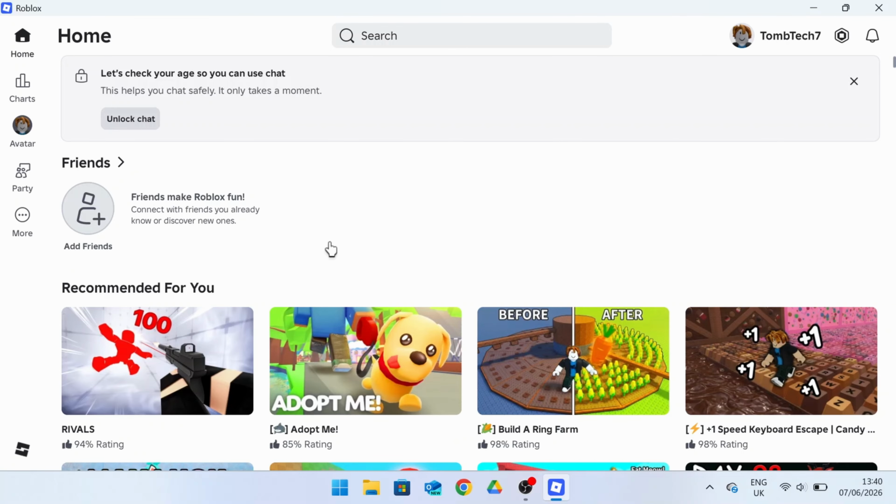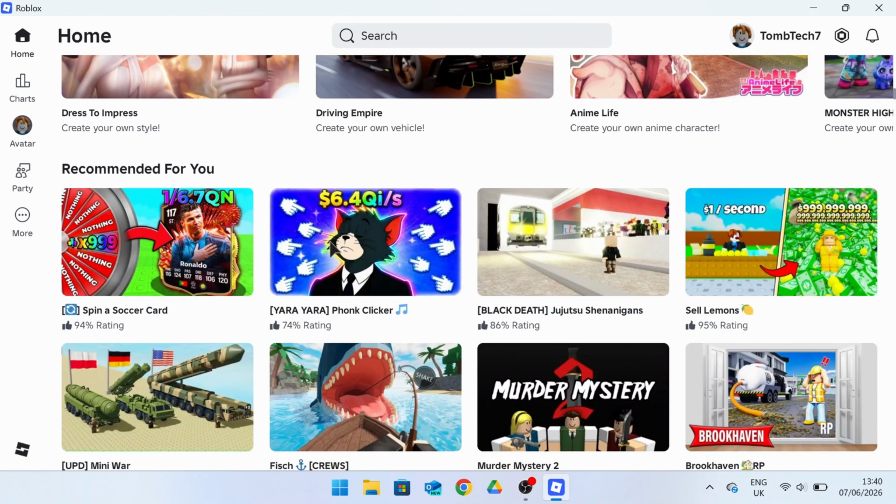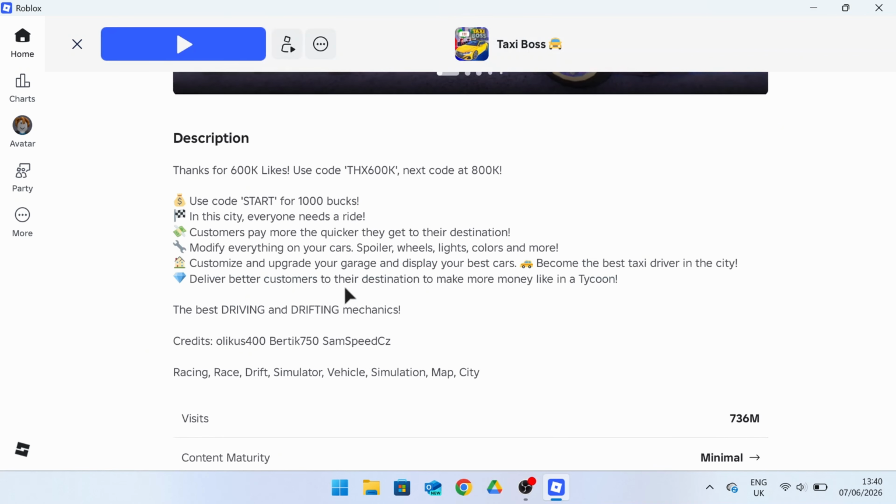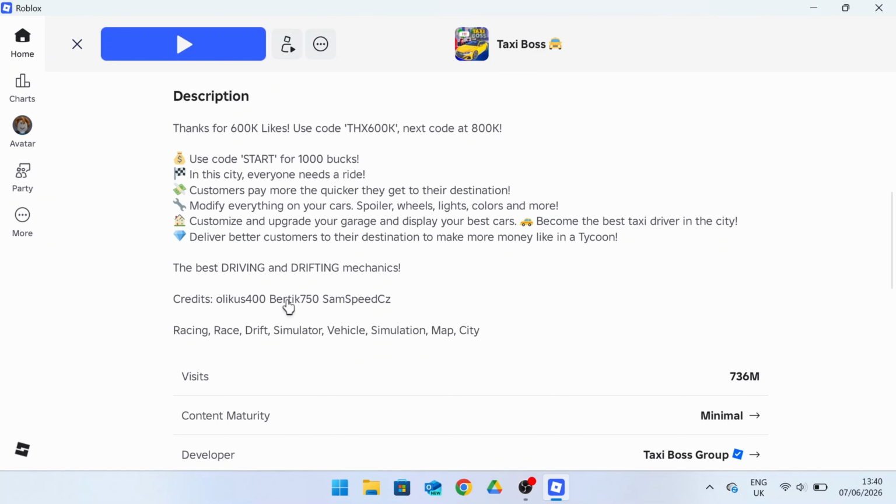So the first thing I suggest is trying to get in contact with the developer of the game. To do this, you just need to click on the game that you're banned on. And then if you scroll down, sometimes in descriptions they leave credits, so you can try their social medias and